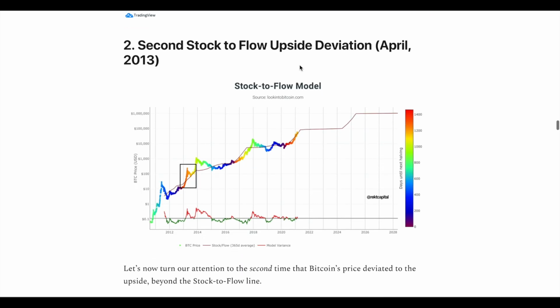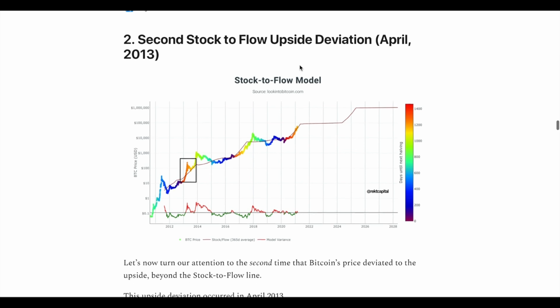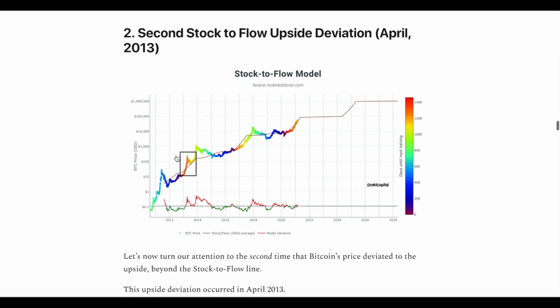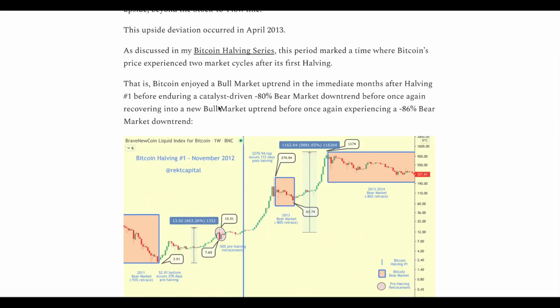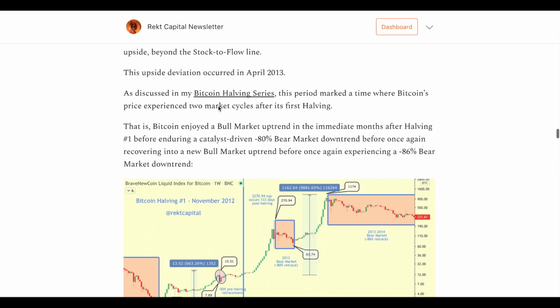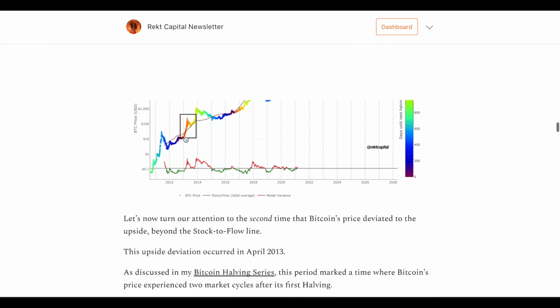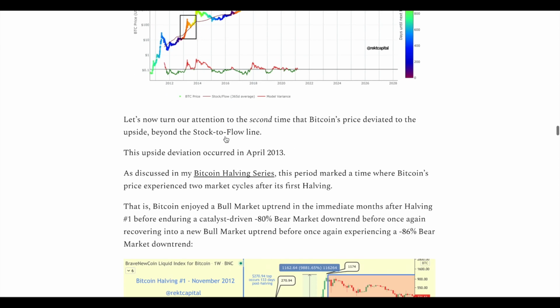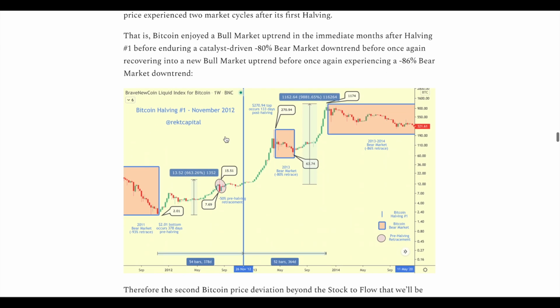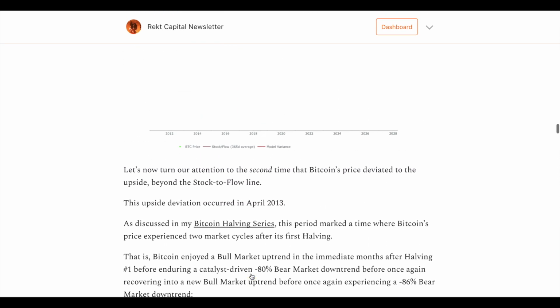Let's talk about the second deviation. And of course, if you want to read a bit more details about this, feel free to check them out in this newsletter. In April 2013, we saw another deviation. And it's really important to talk about this deviation because, as you can see, we have one deviation and then we see another deviation. So essentially we have seen 2 separate market cycles, and I talk about this in the newsletter in a bit more detail, because if we just look at Bitcoin halving 1 in November 2012,